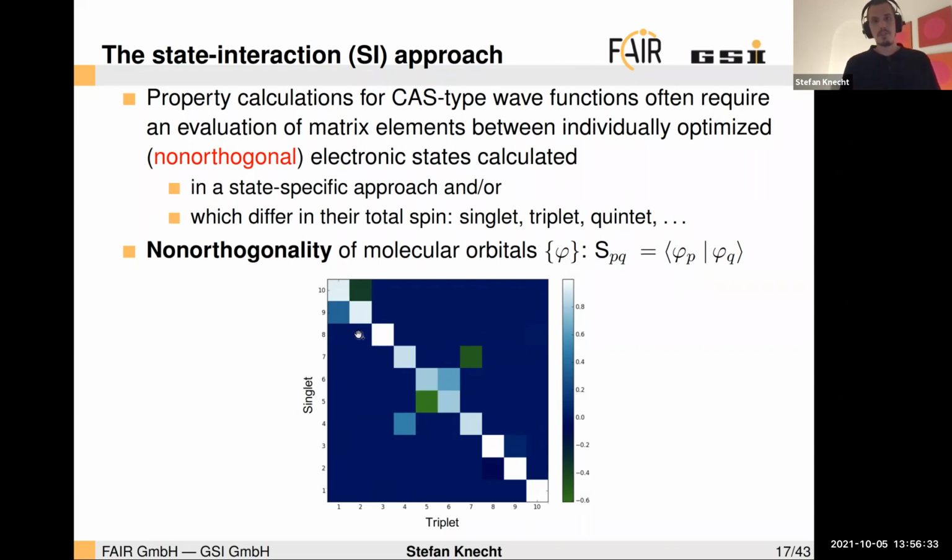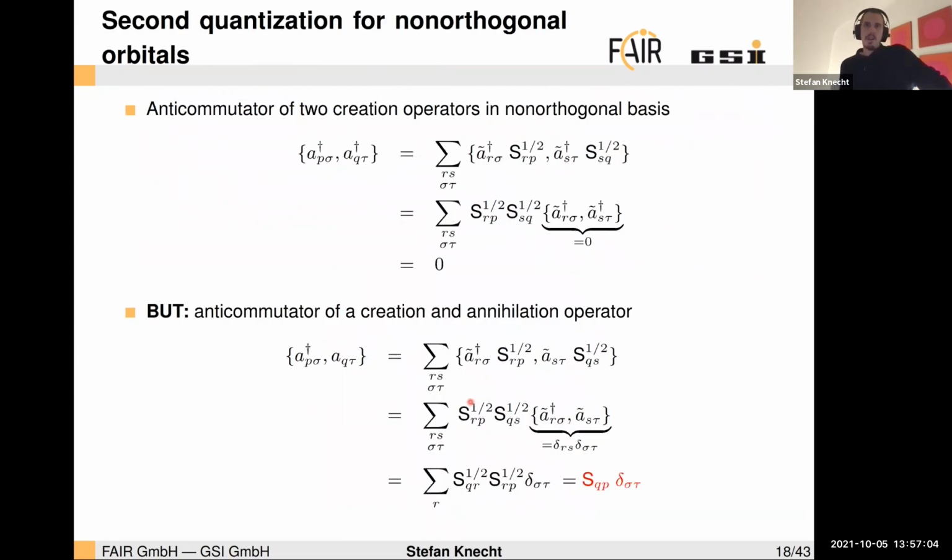So here I showed this for an example of 7 electrons in 10 orbitals. That was for a plutonium dioxide, and these are the singlet and the triplet here. And you can see the less white it is, the more we are away from an orthogonal overlap matrix. So that this essentially represents the overlap matrix here. And where does this come from? So the problem when we deal with non-orthogonal orbitals, for this, it is actually instructive to look at the